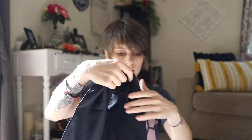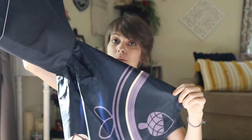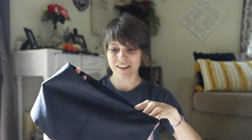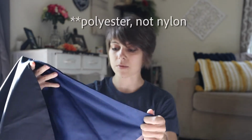Let's see what we got here. Oh, this looks like the sash that goes around her, because she does have this little flappy thing off one shoulder. I'll have to double check, but it looks really nice. I am honestly extremely impressed. Again, the stitching's great. I don't see any major flaws with it. I love the material. It's like this nylon, but look, it's got the little acorn on it. Just the printing,